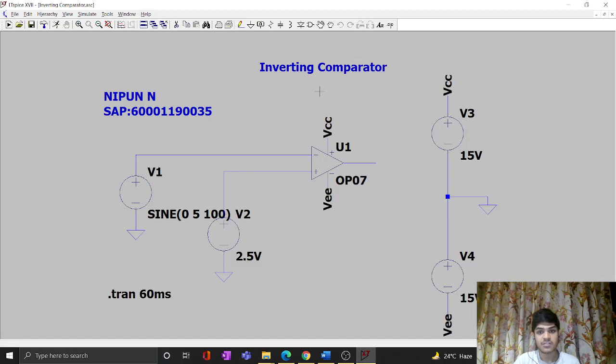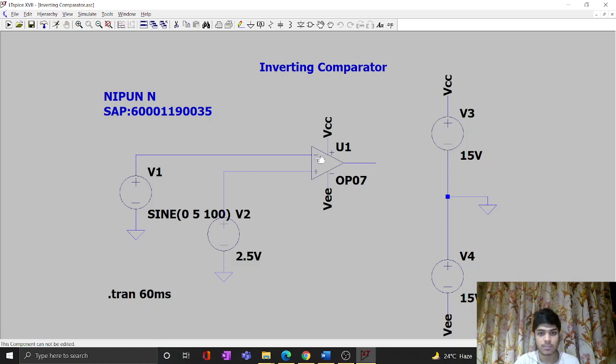In an inverting comparator, it will be producing an output that will be positive VSAT, that is the positive V saturation, that is 15 volts, if the V in, that is the input voltage, is less than the V reference, as the V reference is connected to the non-inverting terminal of the op amp, and the V input